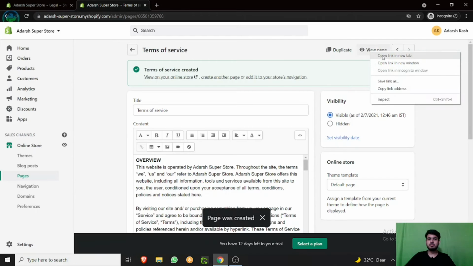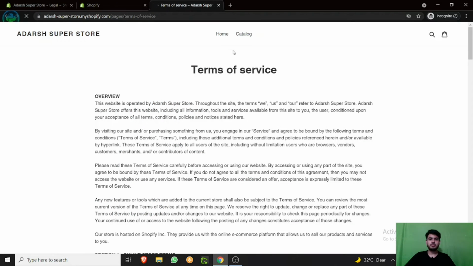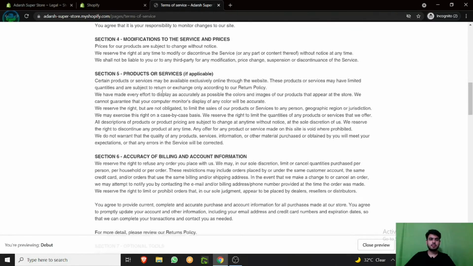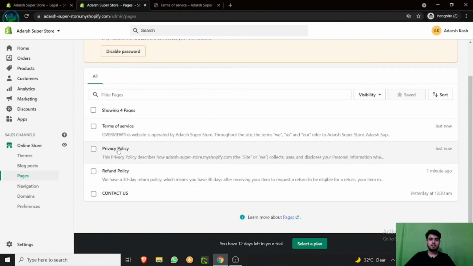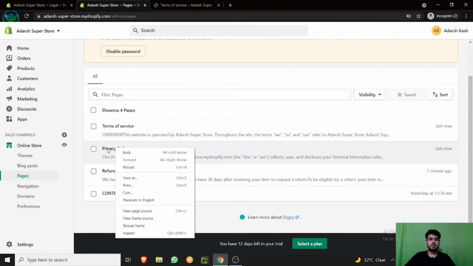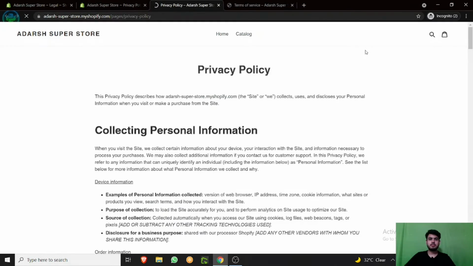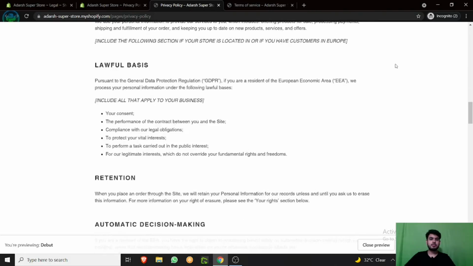You can view your page from here, like the terms of service page. See, your terms of service page, this is my store's name. You can view your privacy policy page from here. Just go to view pages and see. It's pretty simple to generate all the pages.